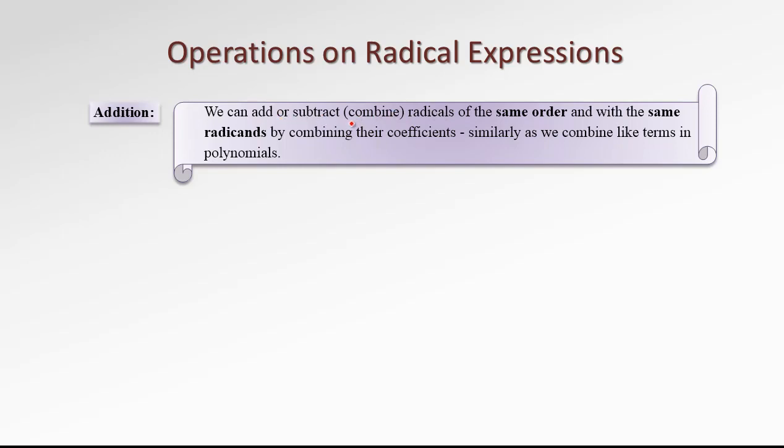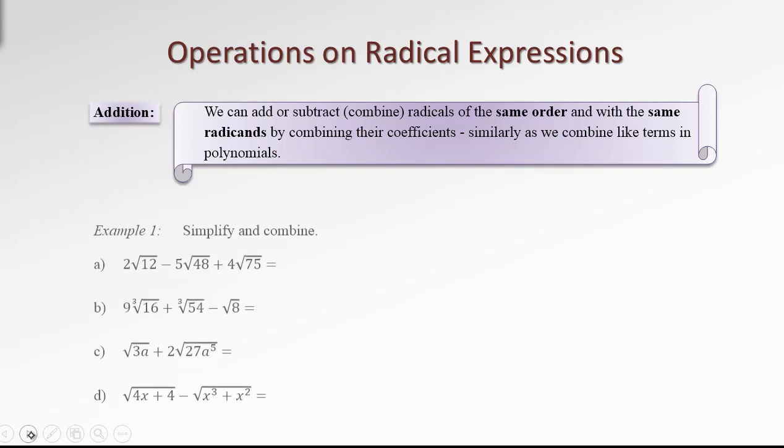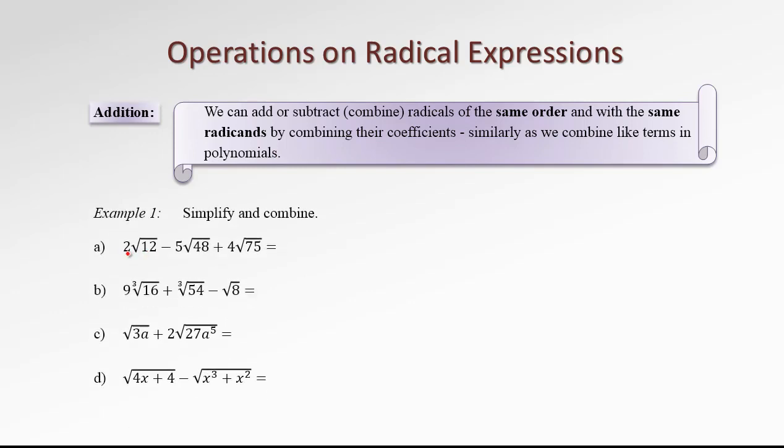Sometimes we refer to these operations as combining radicals, as long as they have the same order and the same radicands. We can combine such radicals by combining their coefficients. The process goes nearly the same way as combining like terms in the polynomial case. Let's see it. We need to add or subtract, or rather combine, these three radical expressions. At first, it looks like all radicals are different, so we can't really combine them at that stage. However, the first thing that we should do is simplify those radicals and then see if the result can be